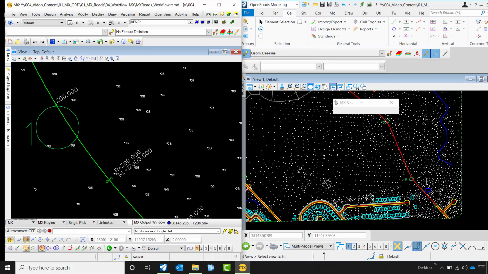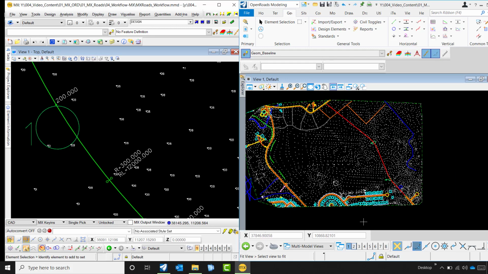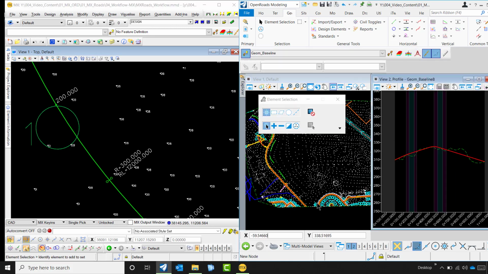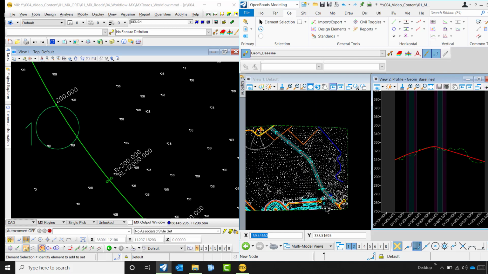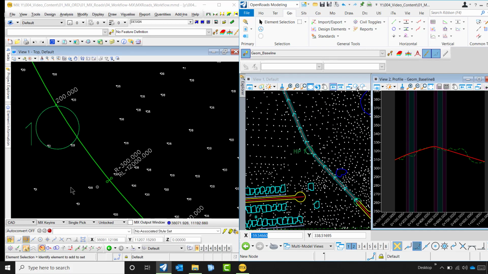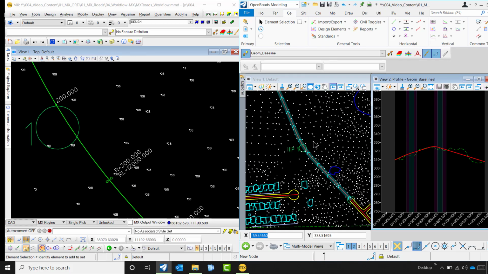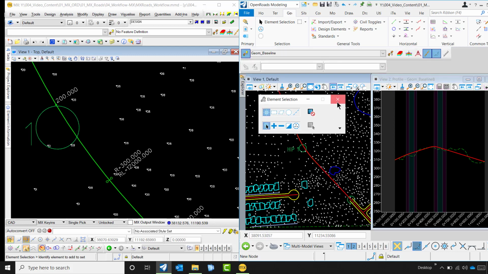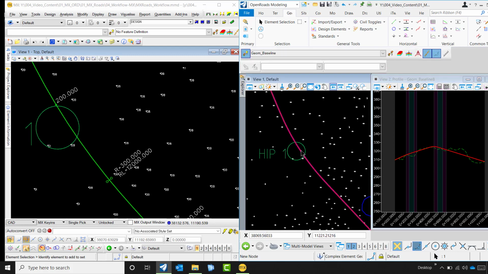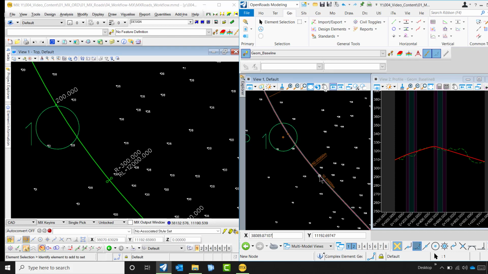Okay, let's see how we could do it in OpenRoads. I'll also open simultaneously the profile view, which cannot be opened in MX Roads. And we want to edit now the curve radius like we did for MX Roads.